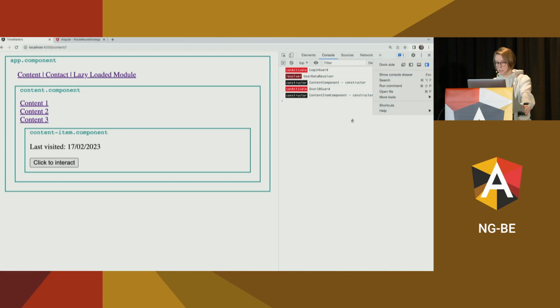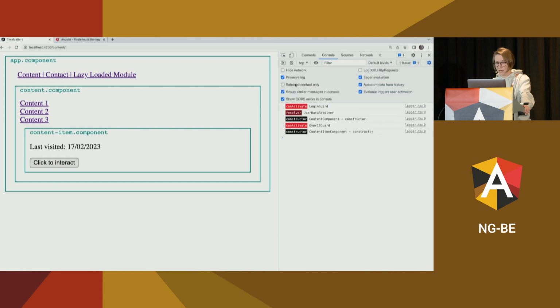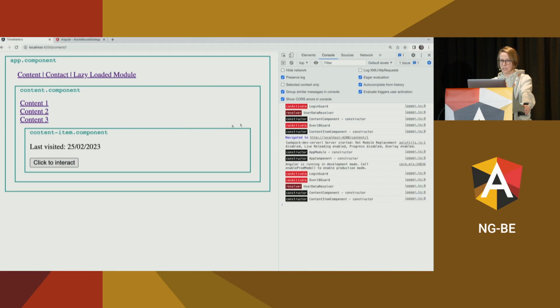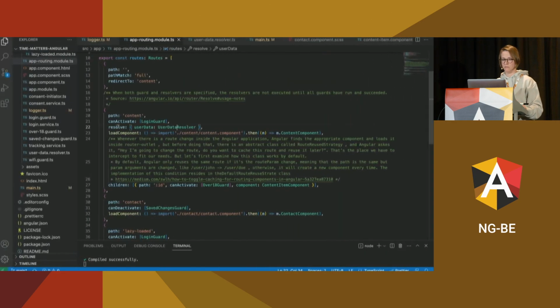However, if I preserve the log, and yeah, it's already there, perfect, and reload the application, you might see that the sequence changed because those guard requests have been kind of hoisted or aggregated and moved upwards if I call the whole nested route, so that all the guards of the nested routes are executed first, and only then will the resolver be called, although this is the resolver of the parent.